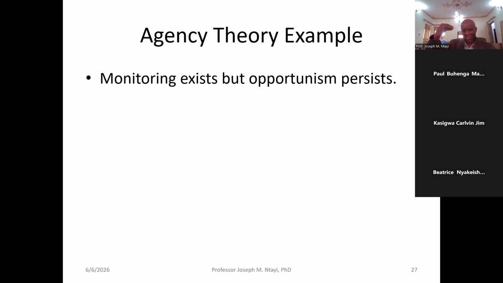Now, if you're going to use a Lakatosian perspective of generating a research program, ladies and gentlemen, you'll find that agency theory provides a useful explanation of the principal-agent conflicts in public procurement. And in doing so, it explains issues that are even emphasized by the theory, like information asymmetry, issues of monitoring, issues of incentives, etc.